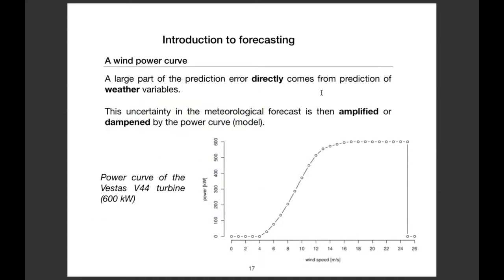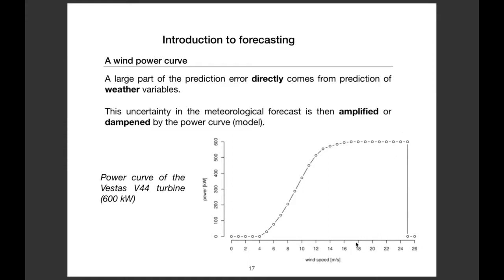Okay, so let's take, for instance, a wind power curve for a specific wind turbine. And probably you know that the power of a wind turbine is completely related to the wind speed. And here is a theoretical wind power curve. So when you have no speed, of course, you have 0 for the generation. And when the wind speed is increasing, the power is increasing, but it is not linear. In fact, it is related to the cube of the wind speed, and then up to a certain threshold or limit. And then after a threshold,